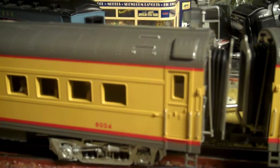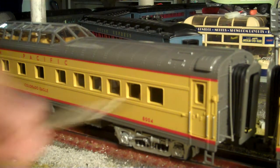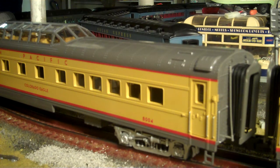I'm going to review the Vista Dome now. The Vista Dome is exactly the same as the baggage car and the sleeper car. So I'm going to spend less time on the details because everything's exactly the same, except this has